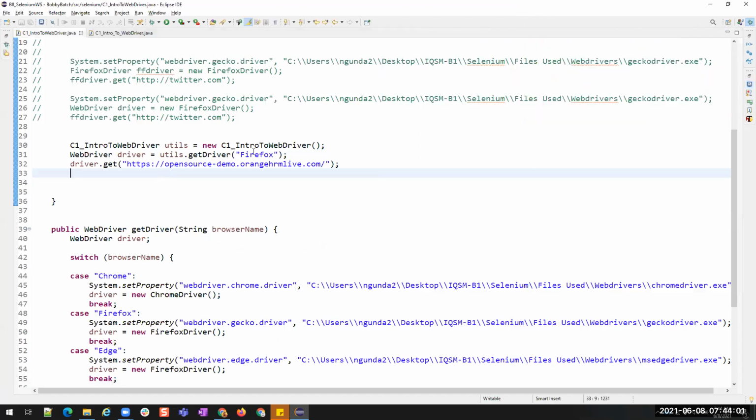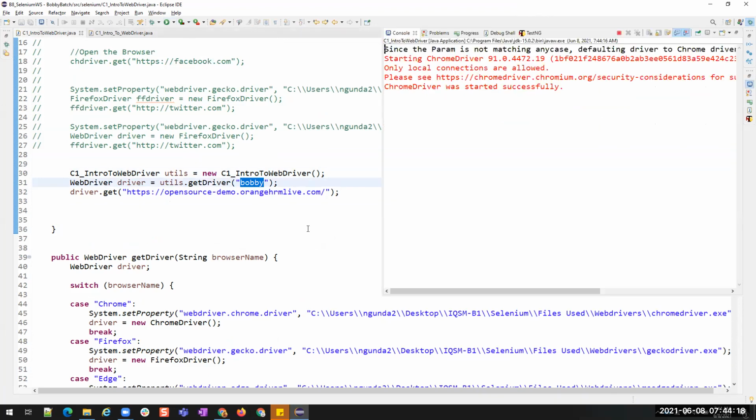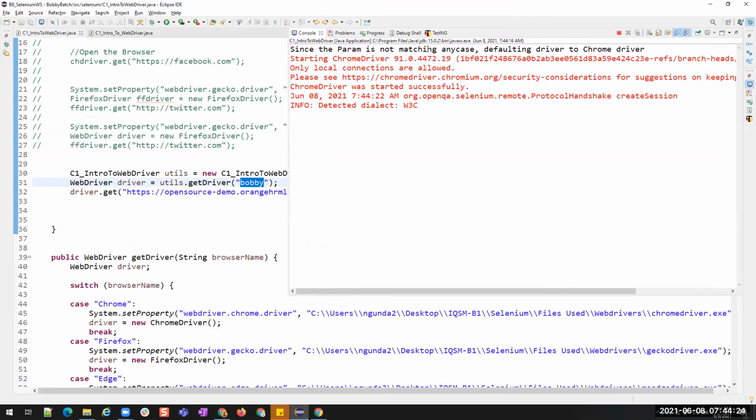Okay. Now I'm giving some random name. Do we have a Bobby browser? No, right? We do not have a Bobby browser. Now let's see what is happening. What is it saying? Since the parameter is not matching any case, defaulting driver to Chrome driver.